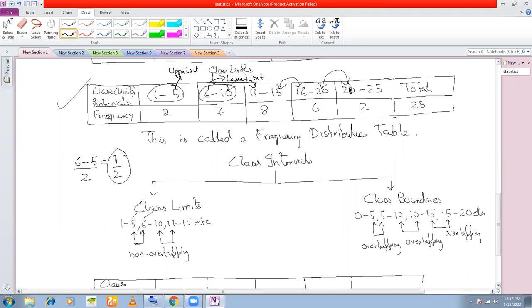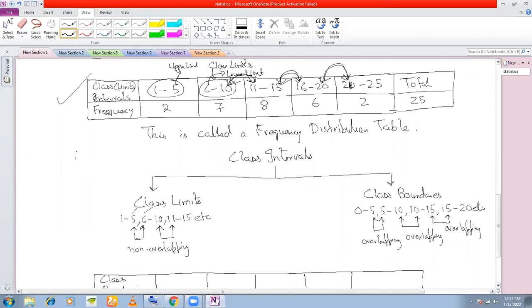Understood? Did you understand what I'm trying to say? You take the difference of any of these. In all the cases, the difference is 1, right? And you then divide 1 by 2. So you get half, which is nothing but 0.5. This 0.5 is called the adjustment factor. Whether you remember the name or not does not matter. But the point is, you take the difference and divide it by 2. That is something that you will have to do.